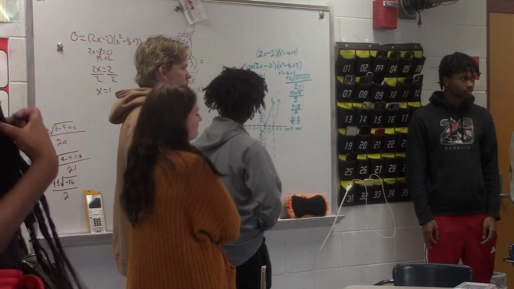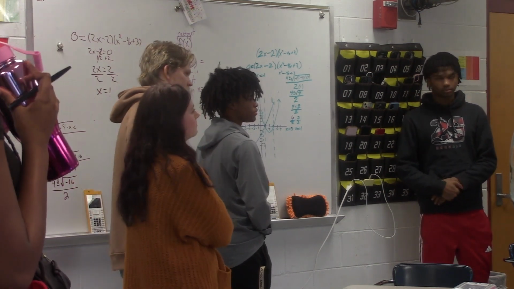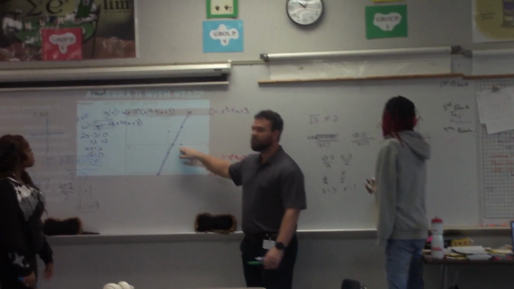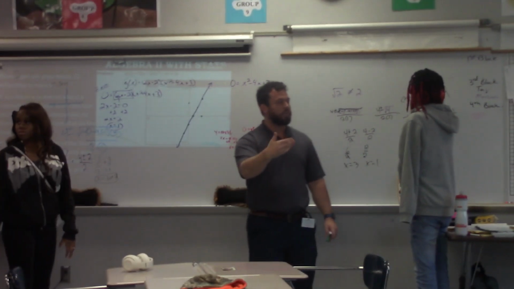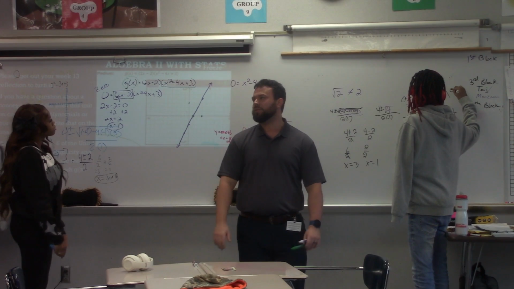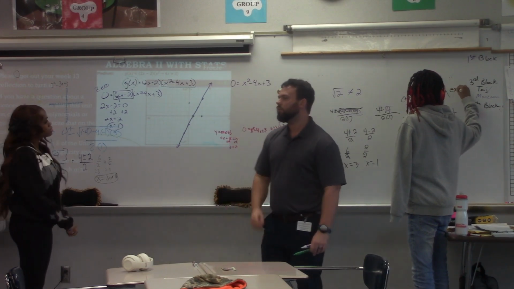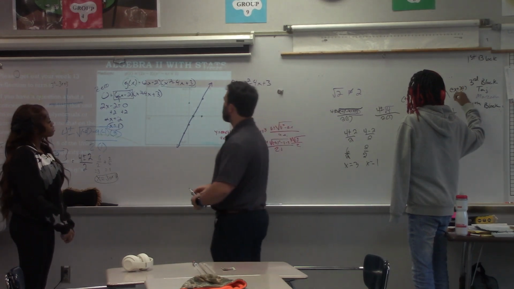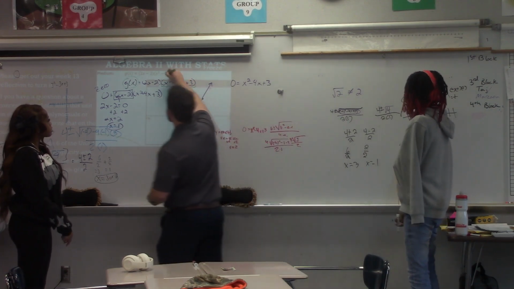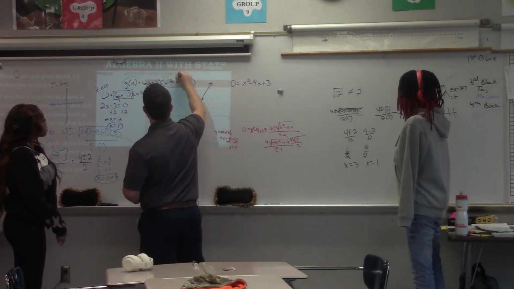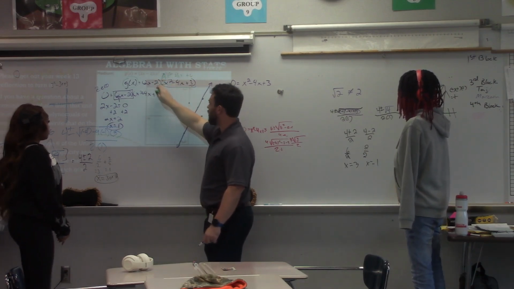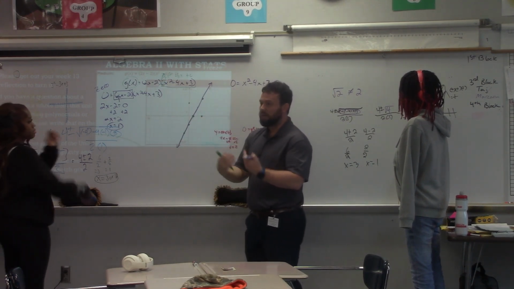Guys, what's my concavity? Let's just make it plain. It's concave up, right? Guys, I don't have to do much else. Once I have my zeros, if I know that that parabola is concave up, can I sketch what that parabola looks like? Yeah. How do we know that the parabola is concave up here? Because it's positive. Be more clear than just positive. Not because of the y-intercept. The a. Remember how it's ax squared plus bx plus c. You already identified the a, but whatever this a is, understood one, that a is positive,